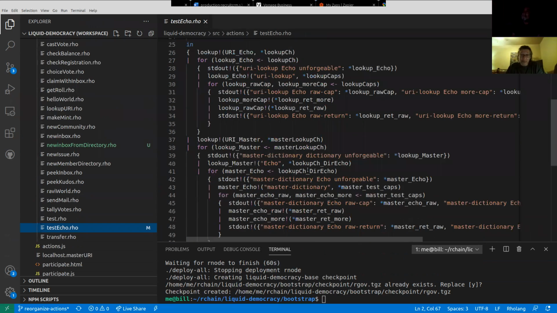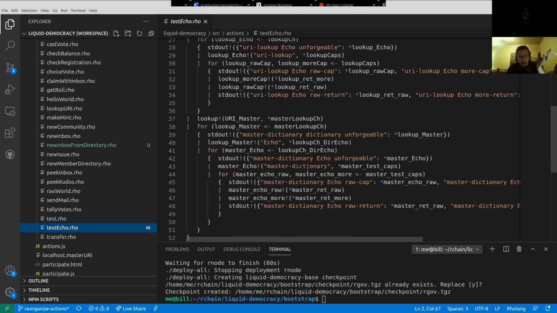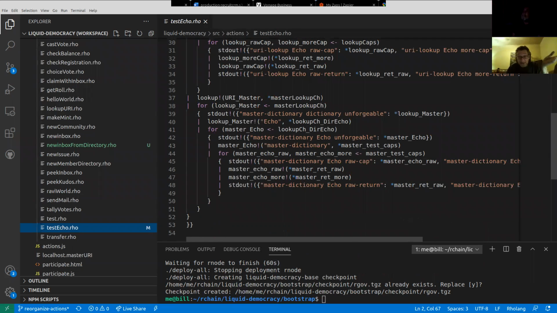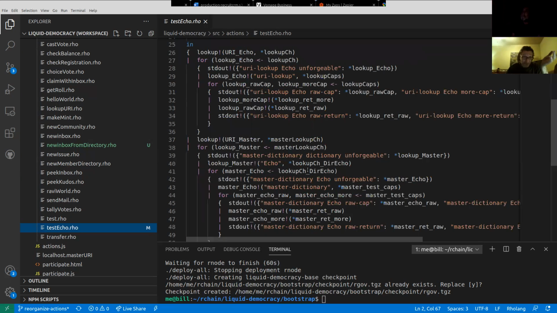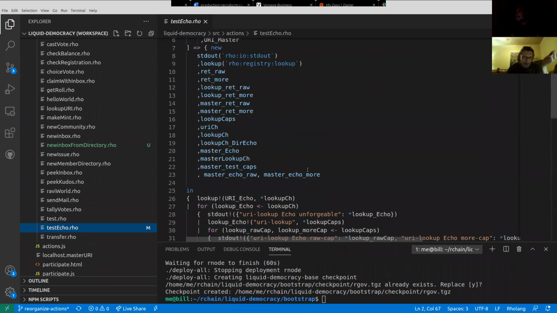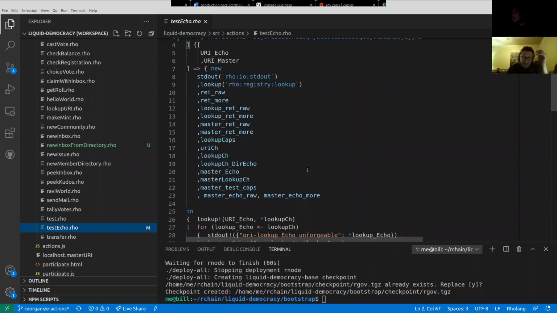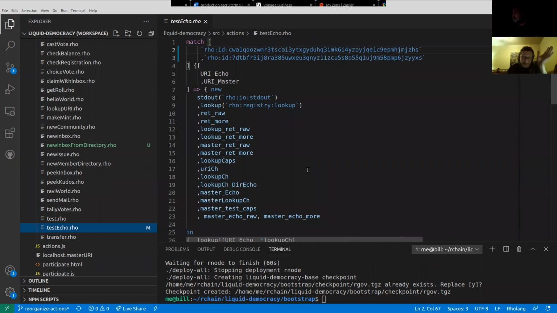And you're welcome to look at this code later, but this works. This is how I was able to find out what was wrong with new inbox: I created this echo and this test echo. This is fairly comprehensive. It creates lots of variables and this and that and the other thing. I mean, it's a pain, but